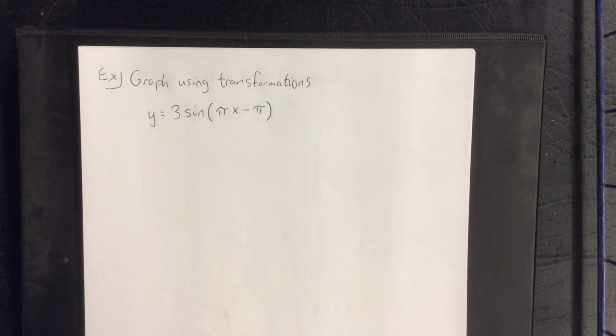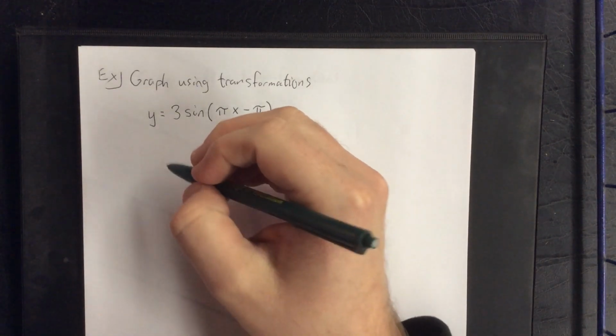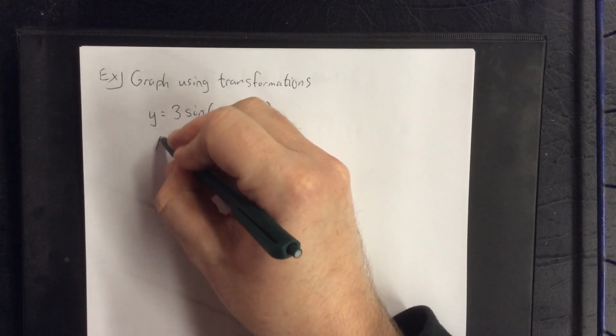So in this video we're going to be graphing a couple of sinusoidal curves using transformations that will involve phase shifts. So first example we have here is y equals 3 times the sine of pi x minus pi. So first thing I'd like to take a look at will be the amplitude